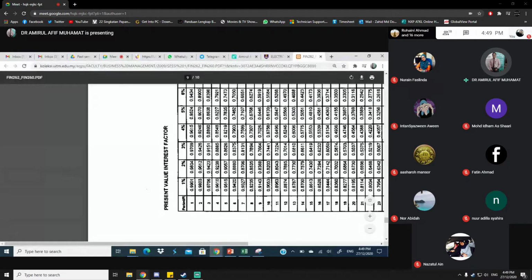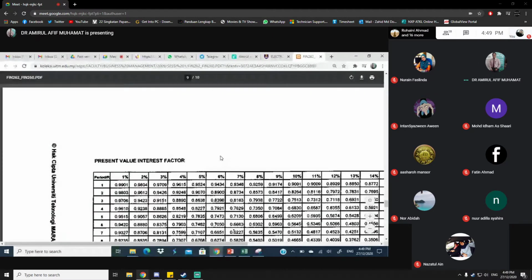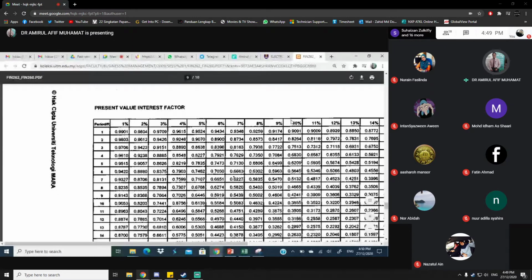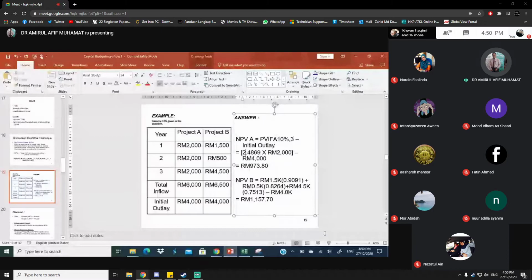Simple present value interest factor table. So if you look here, 10% first year, 0.9091. So income, let's say 500 times 0.9091, plus income 1000 times 0.8264, plus income third year times 0.7513. And then minus